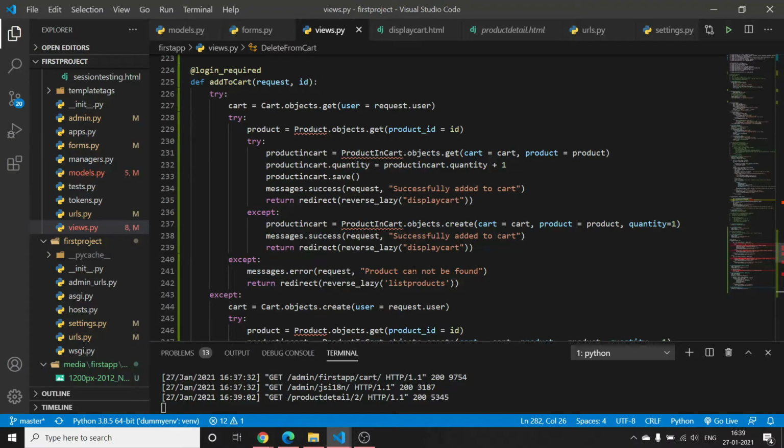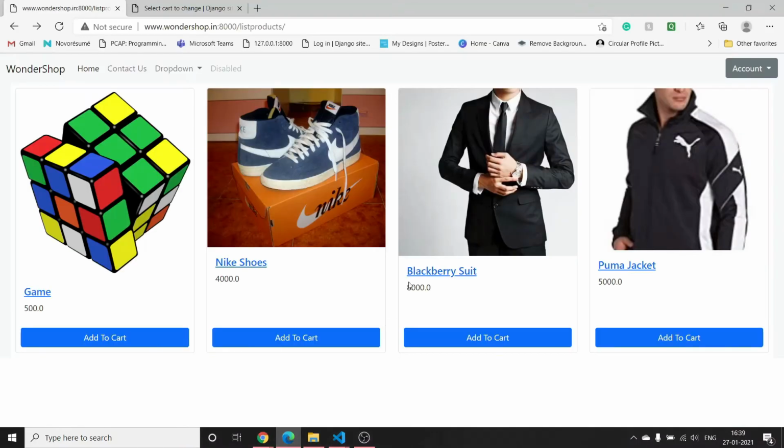But what we are making is a login based cart system, where a user must be logged in before adding the product to the cart. We are not making a non-login based cart system. If you ask me to make it, tell me in the comment section, and I will make a video on adding to a cart if a user is not logged in, because that is very easy. You can easily implement that using Django sessions, local storage or cookies. As soon as the user logs in, you can directly convert that non-login based cart into a login based cart. So now we are making a login based cart system.